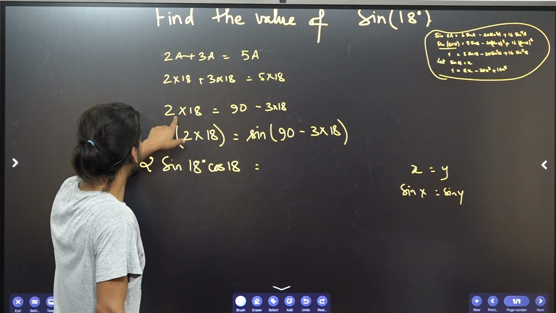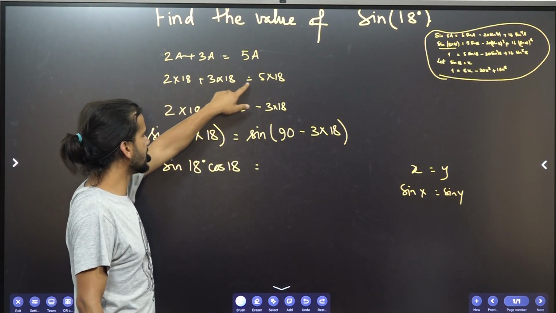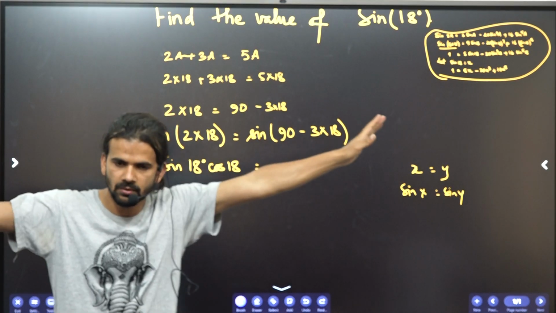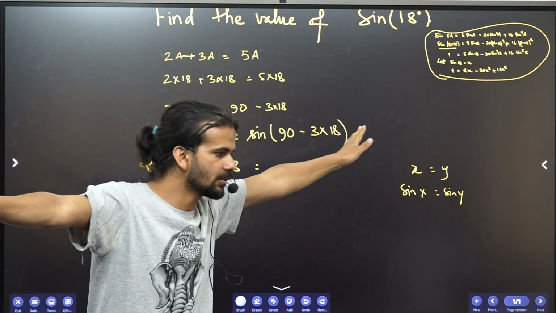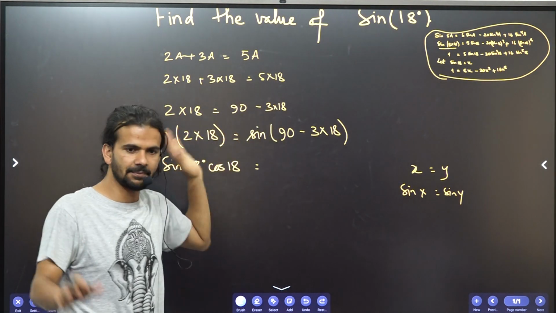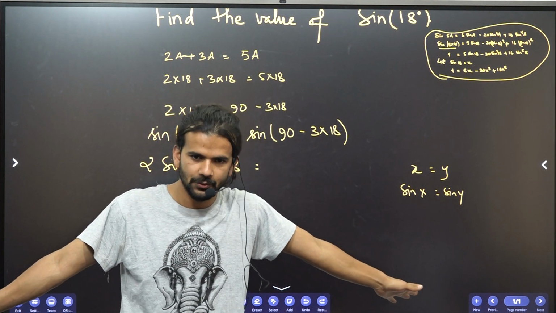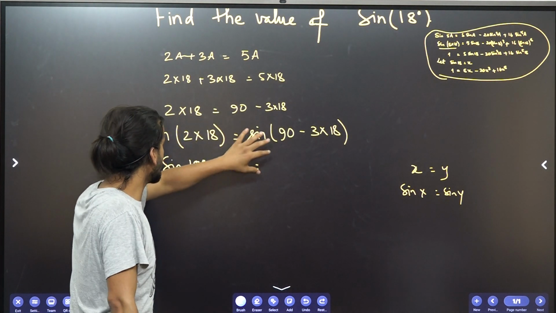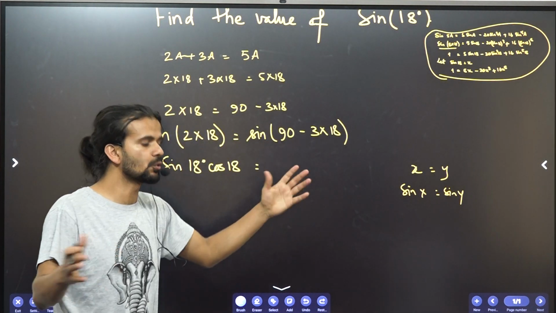Similarly, 2 into 18 plus 3 times 18 equals 5 times 18. Anybody has any doubt? Okay, problem? Any problem? No problem. And then 2 times 18 equals 90 minus 3 times 18. Any problem? No problem. If both are equal, if I take sine on both sides, it should also be